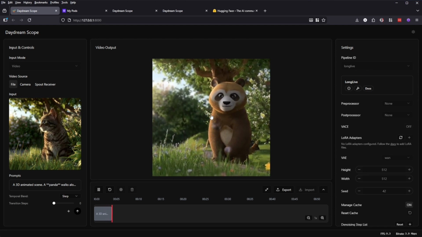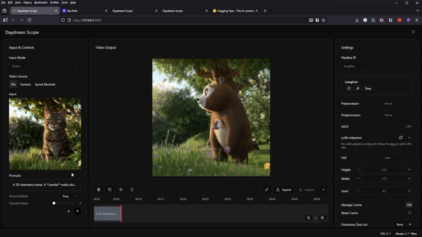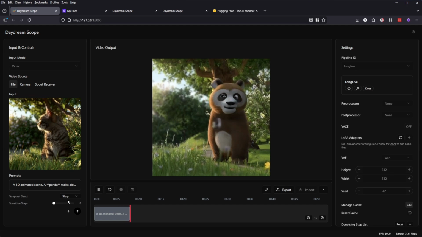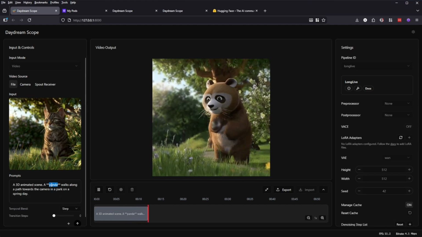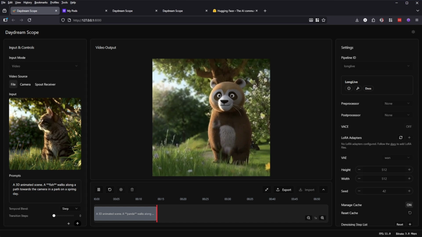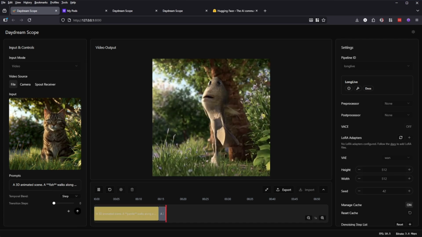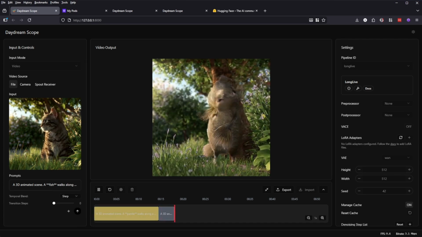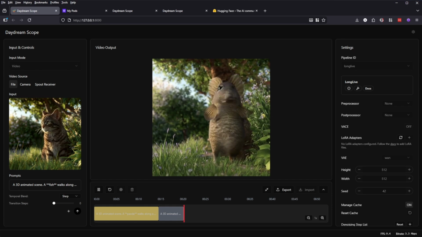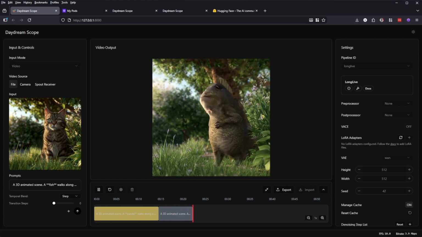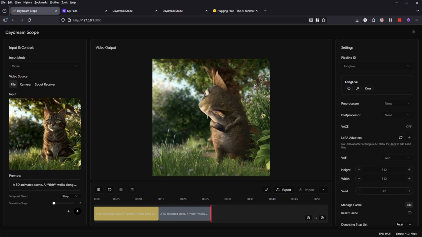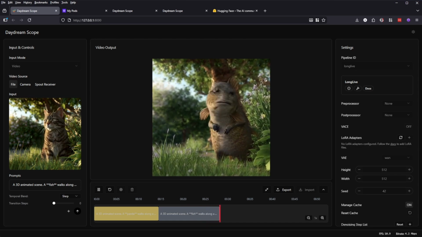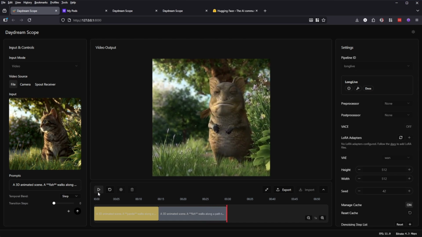Nice, it tried to combine panda with this cat video, but you're not limited by setting up the prompt for the first time. I can actually go and say, instead of panda, let's go for a fish. And you can see that transitions and changes are happening in real time. I pretty much have unlimited opportunities for me to create them. So I'm not limited by traditional batch processing of videos and having to wait for them to generate or regenerate